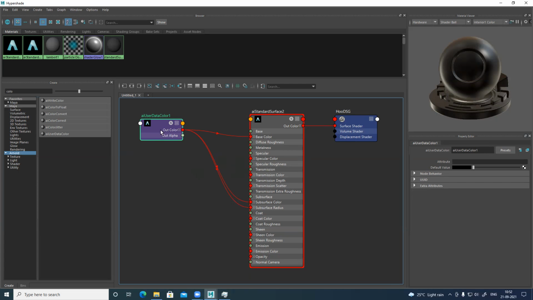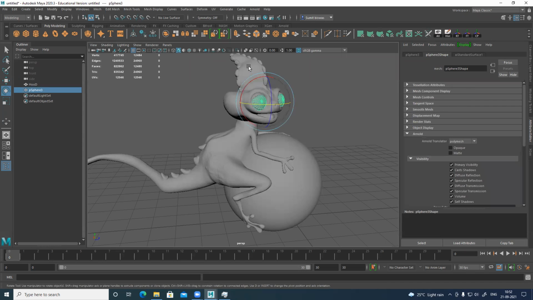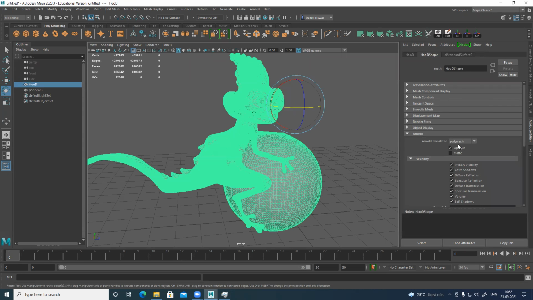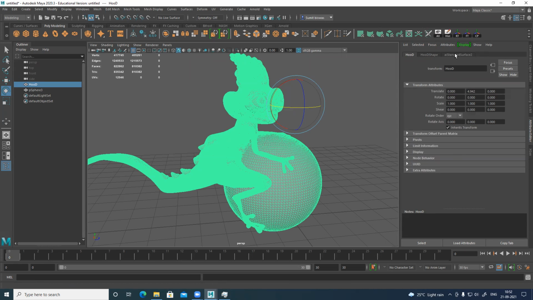Only one thing I need to change here. Right now, you can see the attribute is 0, 0. There's nothing, empty. So what I'll do, select the model. Sorry, select the model, and you can see where is my attribute.